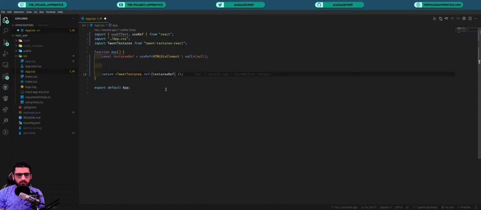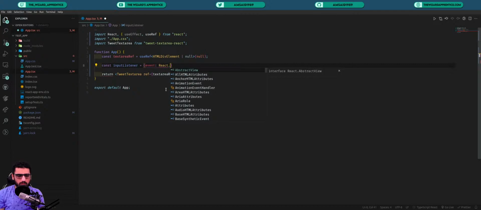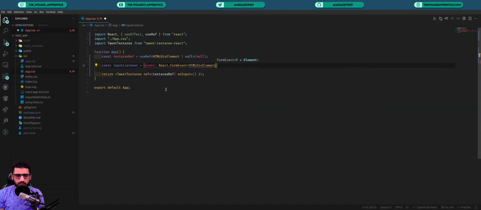Let's say, for instance, I want to get the length of the text inside the text area every time the user types something. So inputListener equals an event, React, not ReactDOM. I think I haven't imported React actually. React.FormEvent<HTMLDivElement>,